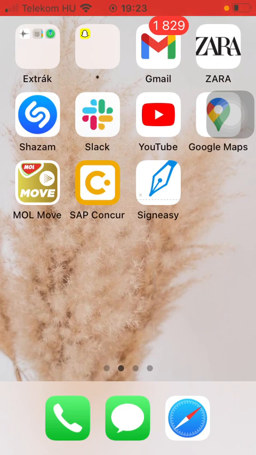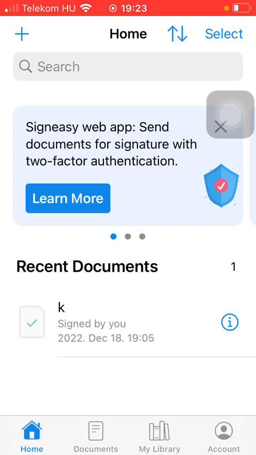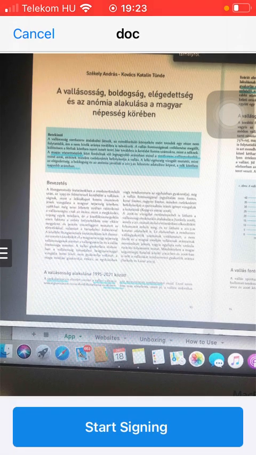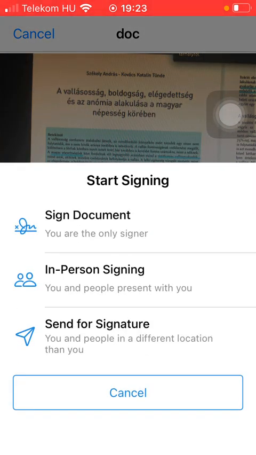First of all, open the application on your phone. After that, tap on the My Library button down below, which is the third option. Select a document that you want to sign or want to add your name to it. Then click on the Start Signing button, tap on Sign Document,